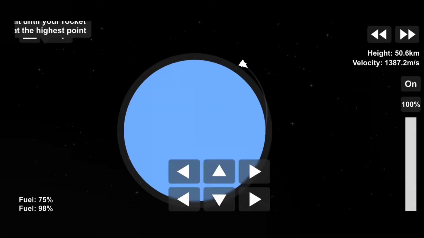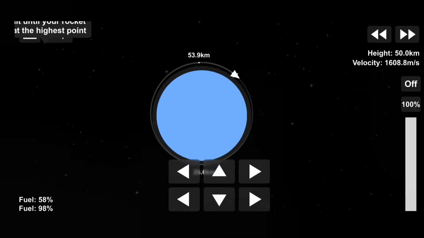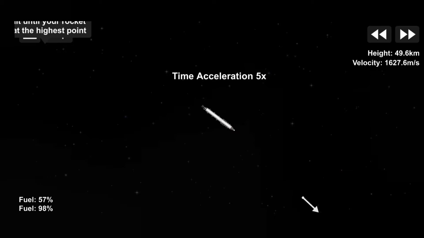Now I've turned the engines back on. Make sure you have your rocket aligned in the direction of the trajectory. Now we have reached the lower Earth orbit.